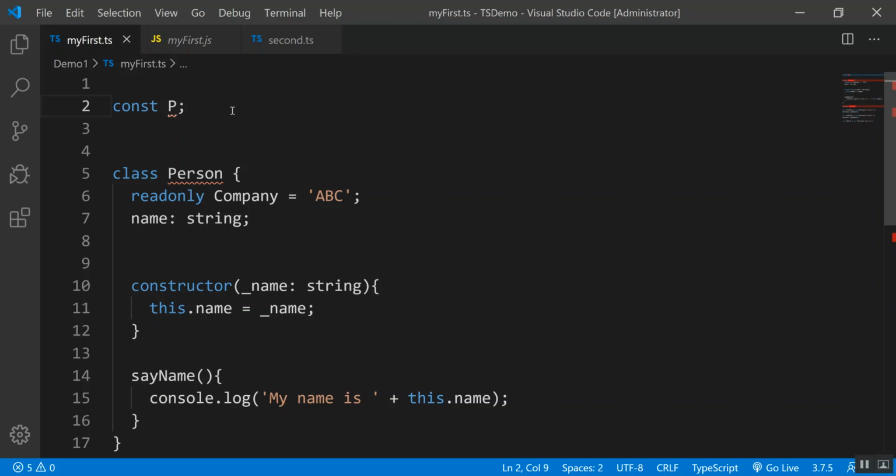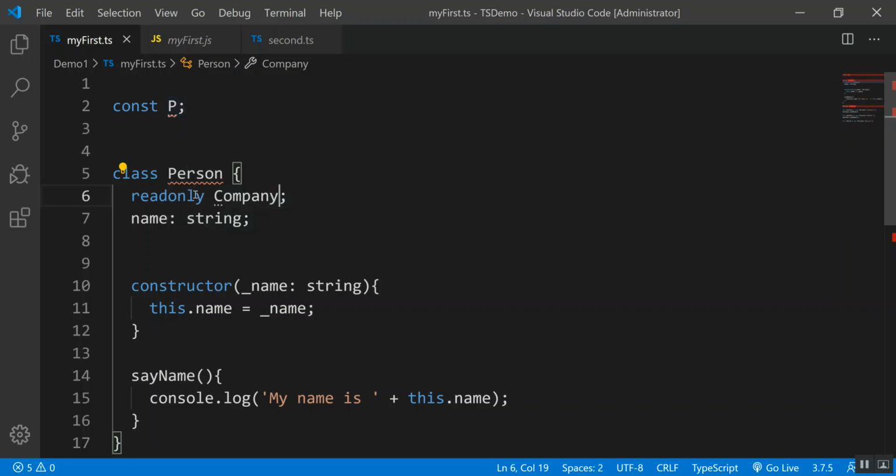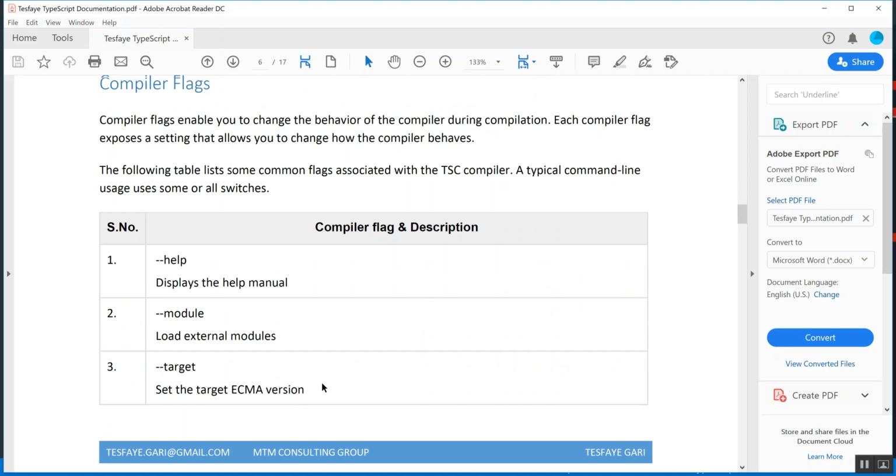Okay, between the two. If I do readonly company, it doesn't say error. But if it's constant, the declaration must be instantiated. I have to assign a value. But if it is readonly, I can do it like that, but I can assign only once. I can assign once and then I can't change it. That is the difference between the two. There are a lot of other keywords that you can grab in here. Also,